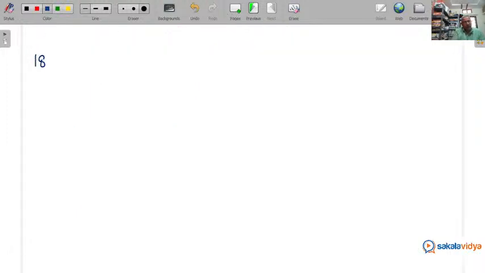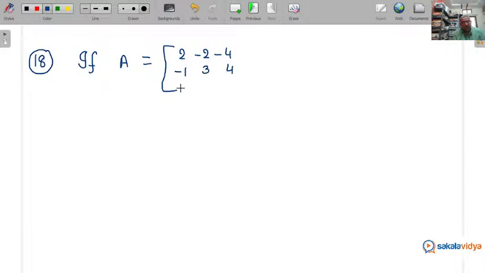Now let us move to the 18th question. Are you ready? 18th question. If A equals to 2 minus 2 minus 4, minus 1 3 4, 1 minus 2 minus 3, then A is